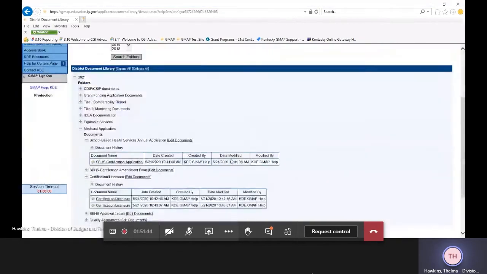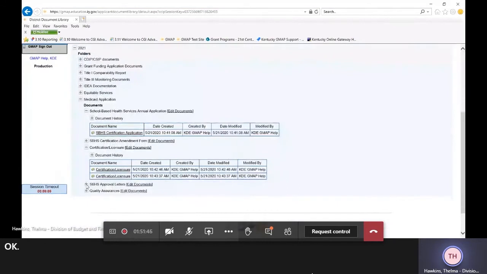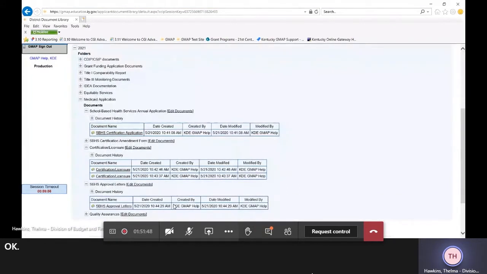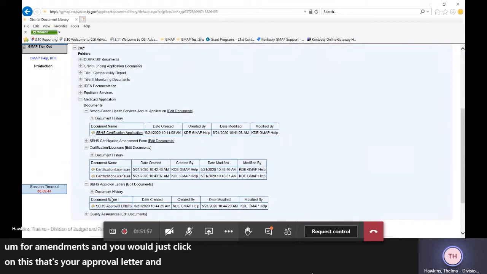And then that's your approval letter, and any amendments, you would just click on this, that's your approval letter. The same process is the same for amendments.